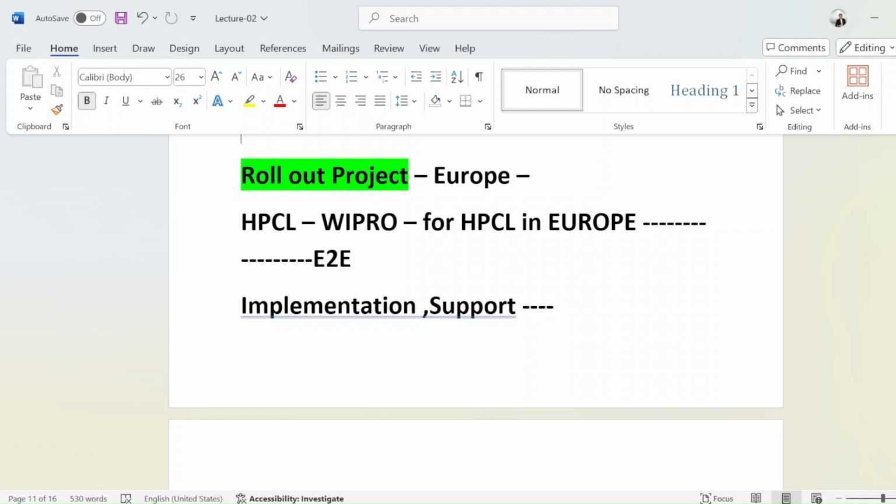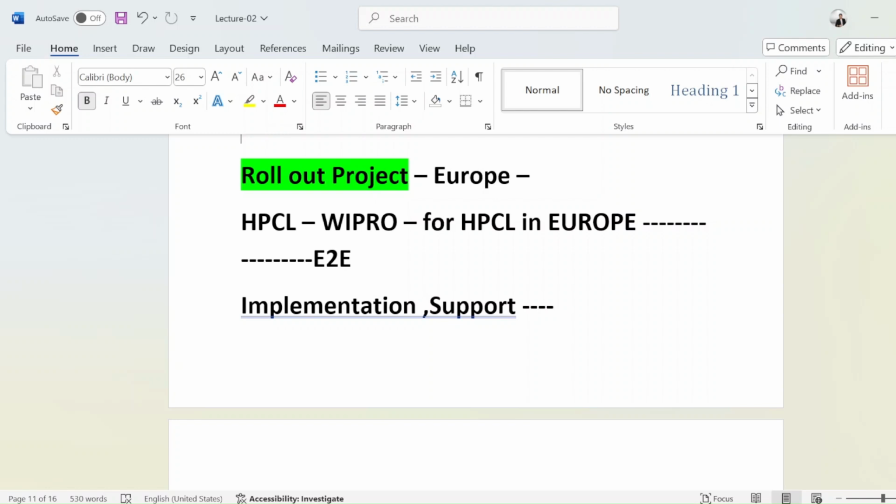If they want to do that with the help of the same Infosys, then this will be a rollout project for Infosys. Why will this be a rollout project for Infosys? Because Infosys has already prepared all the documents and templates, whatever is required, for their India plant. Right now they are going to do that for their France plant. They will just copy most of the documents, and only little changes will be there, like tax procedure changes.